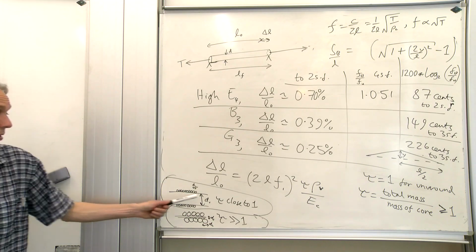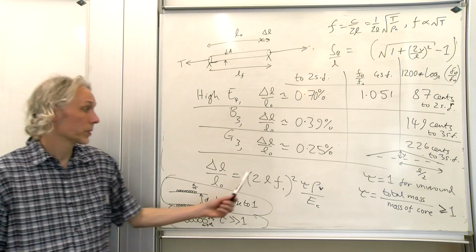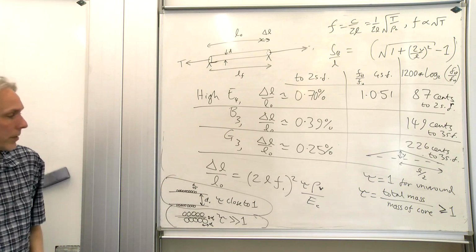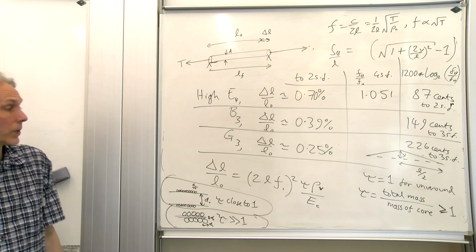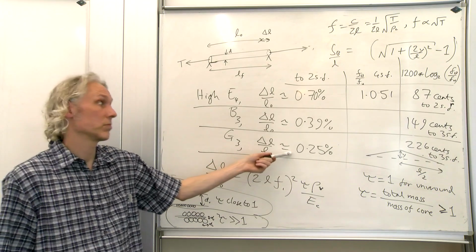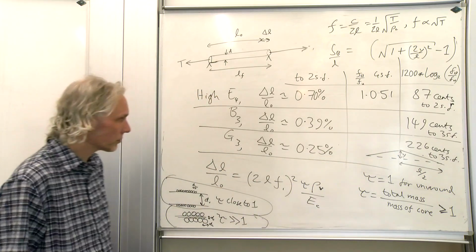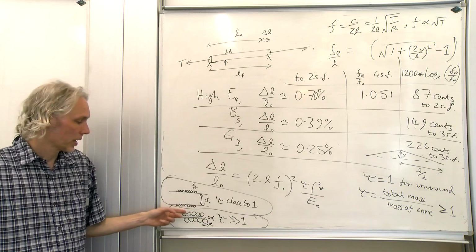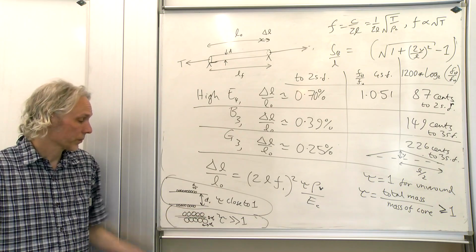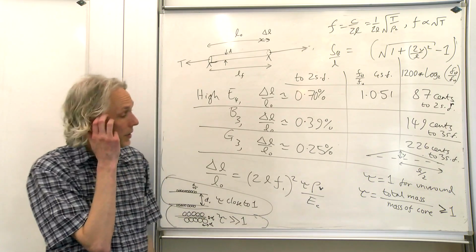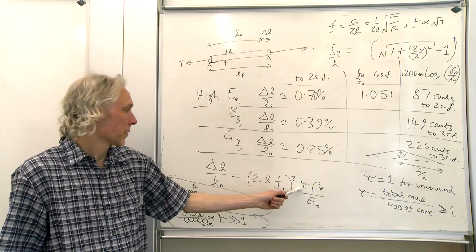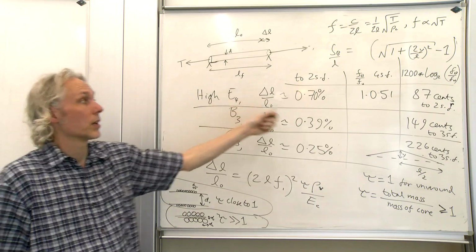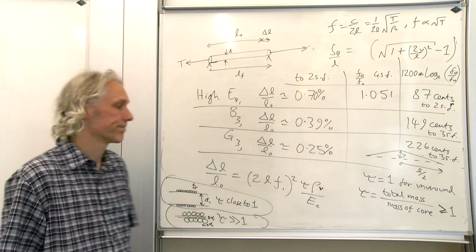Okay, so this string here is going to be close to 1 for its tau, so we have a relatively low delta L over L naught. And a relatively low delta L over L naught is going to make it very sensitive. If, on the other hand, we have a thin core and thick winding, then that's going to mean that tau is a lot bigger than 1, and we're going to get a very big delta L over L, and therefore it's going to be more like this. It's going to be less sensitive to bending.